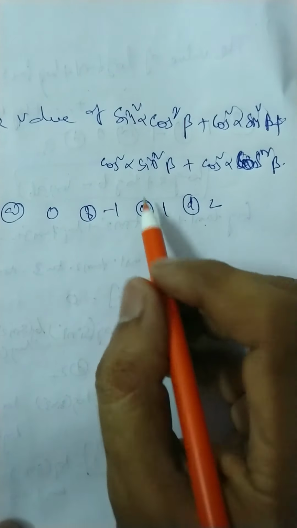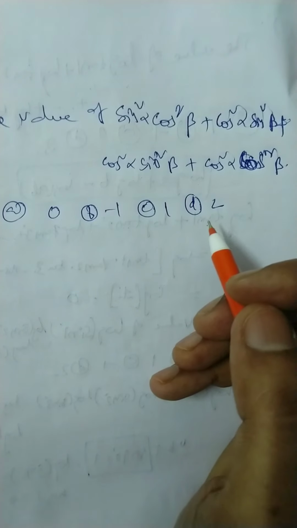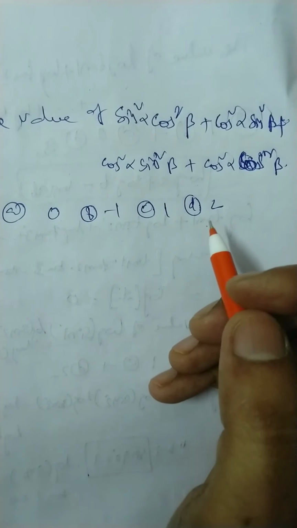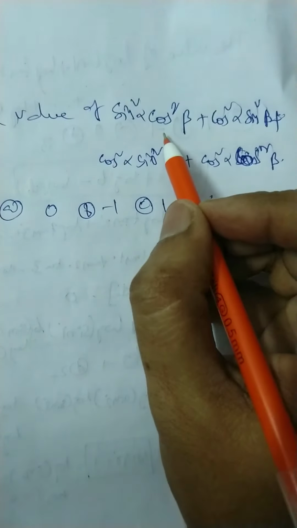The problem here seems to be very lengthy, and every term has a square of sine and cos. To do this problem, you need to observe the terms which are similar in nature and regroup them. So, to do that, if you observe the first term and this last term, cos square beta, here also cos square beta. If you see the second term and third term, cos square alpha, cos square alpha.